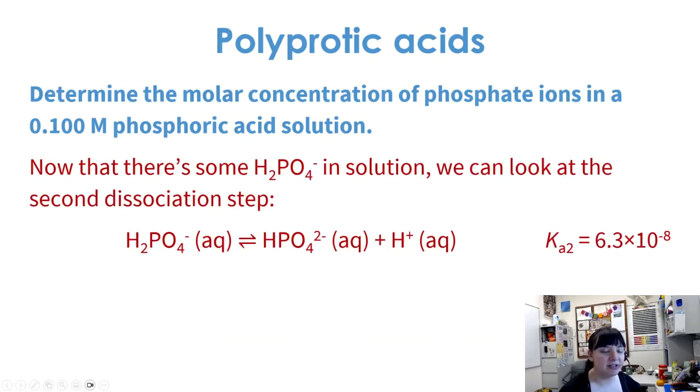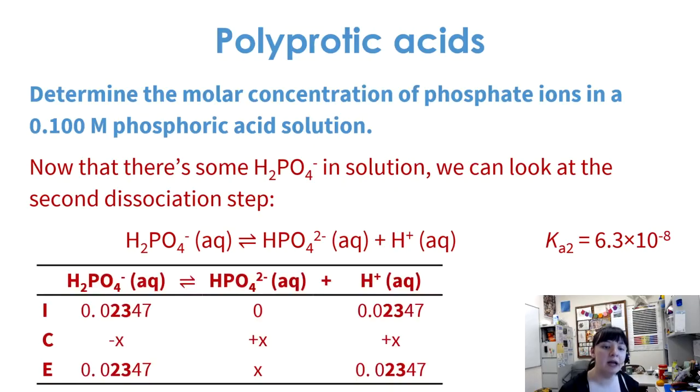So that occurs where we have our H2PO4- dissociating into HPO4 2- and hydronium. This has a different K constant called Ka2 of 6.3 times 10 to the -8. The same rules apply here. We're going to set up an ice table, solve for X, and then move forward from there. The important thing to note about the ice table that we're going to prepare here, though, is that it's taking the concentrations that we had from our previous ice table at the end and using them as the new